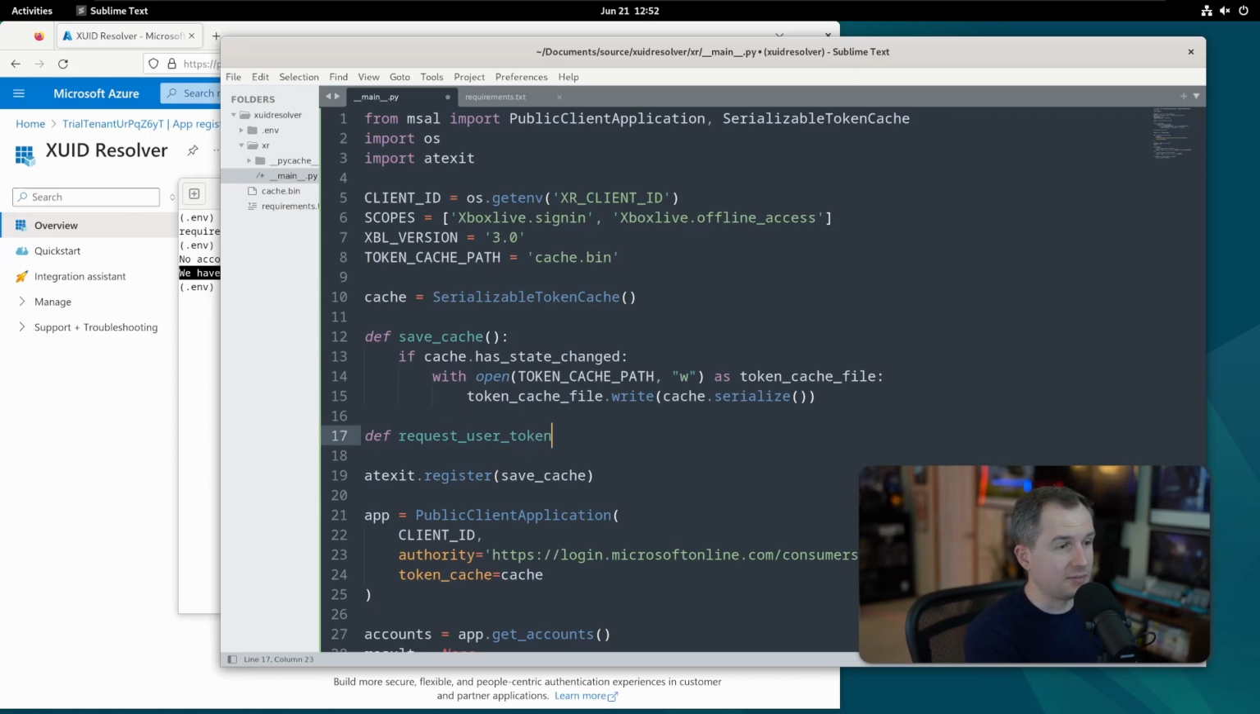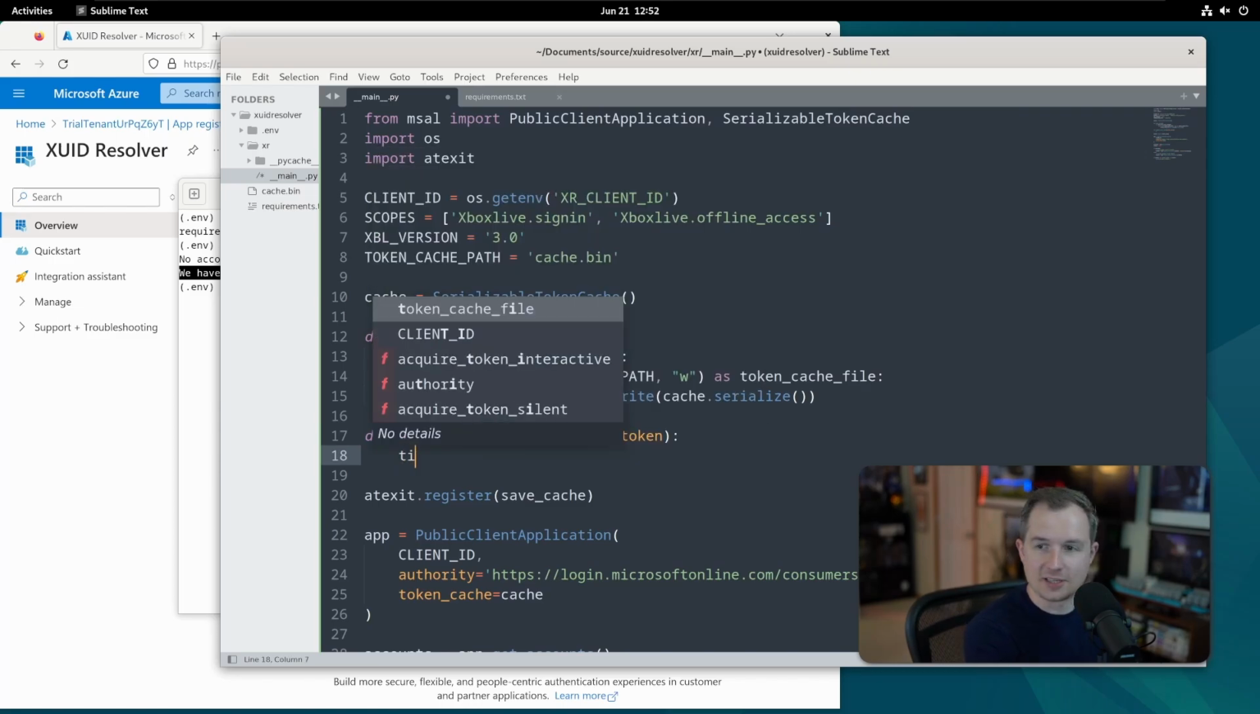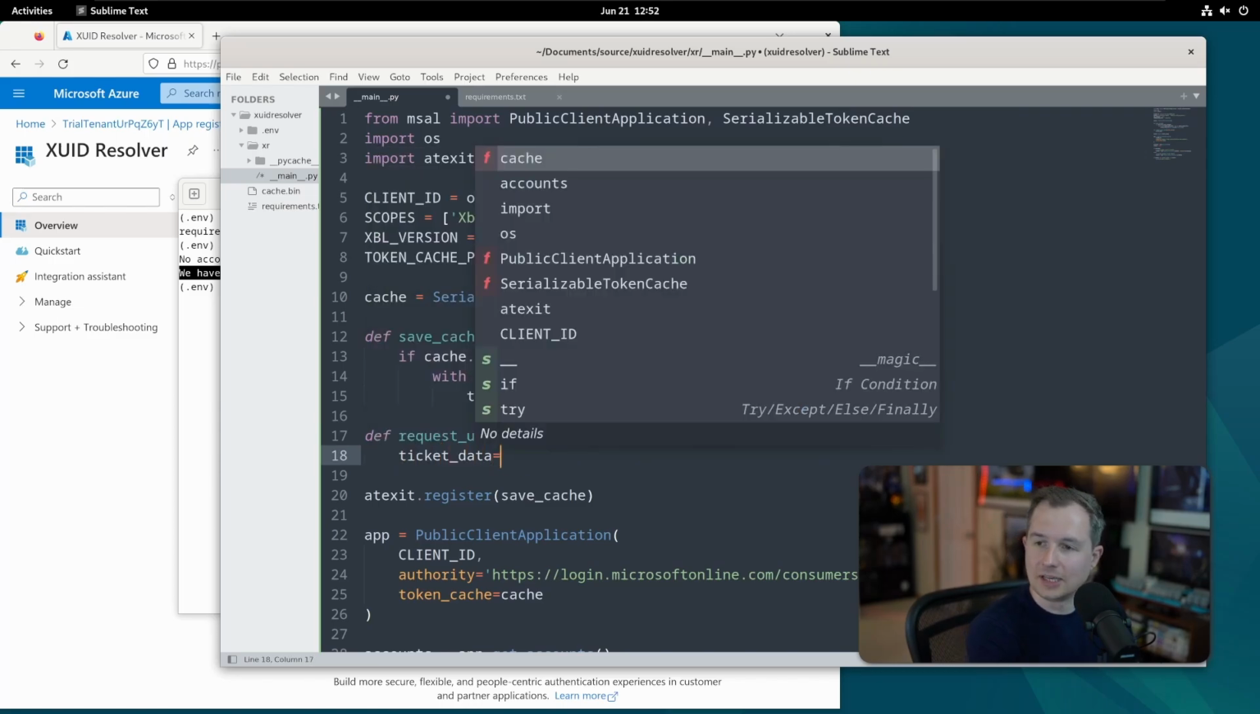And for the record, this API is not done through MSAL. We're writing the REST call here. There is no wrapper for me to leverage, right? The access token is the easy part. Now it's becoming a little trickier. So request_user_token. And we're going to pass an access token into it that we got from MSAL Python, right? Here, I'm going to construct a JSON body that I will send to the request. So I'm going to do ticket_data equals,